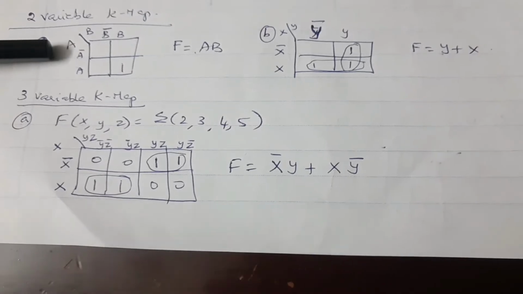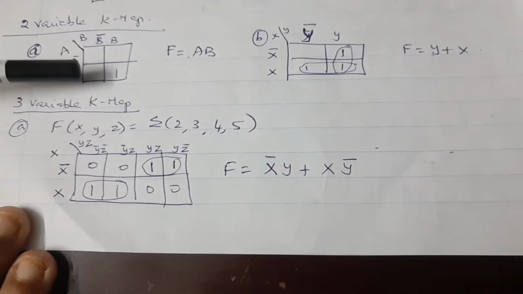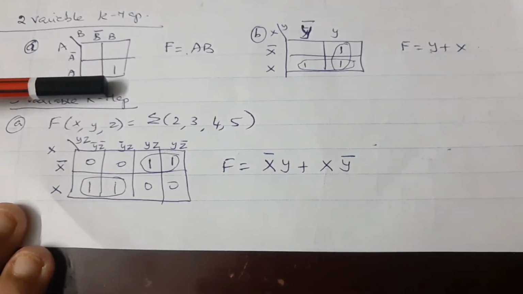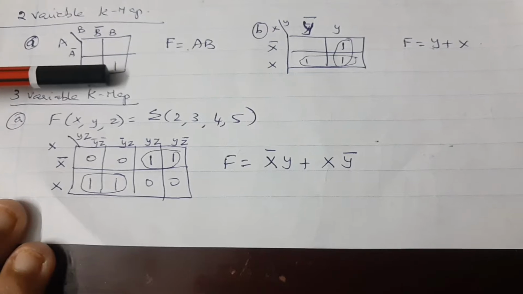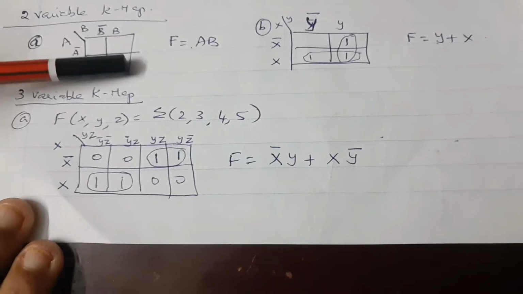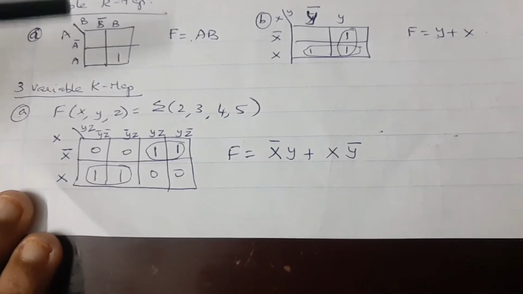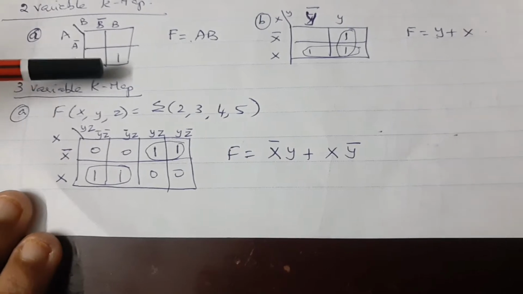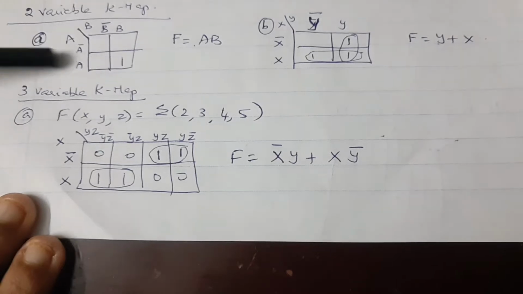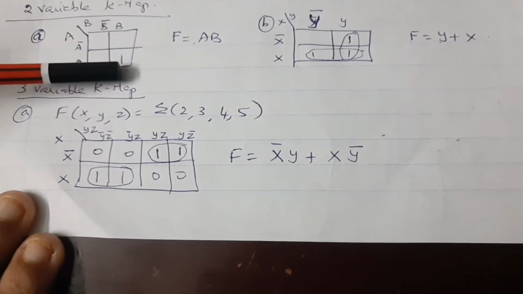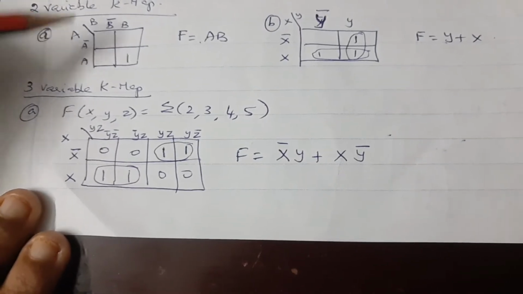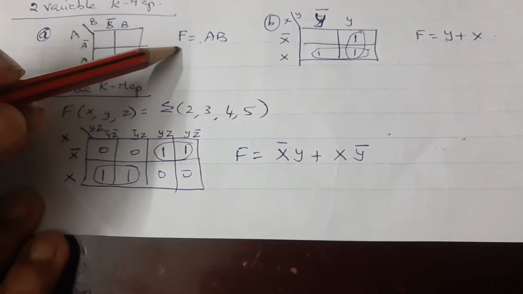Let us assume you are going to map the value of a minterm as 1. As I told you, minterms will carry the value as logical high. So it is 1. If I want to write down this equation, there are no neighboring ones, so it will take only the value from this particular 1. To write down the simplified equation, you find out what is there on the column side as well as on the row side. Column is having B value and row is having A value. Therefore, a combination of A and B. So that is the answer.